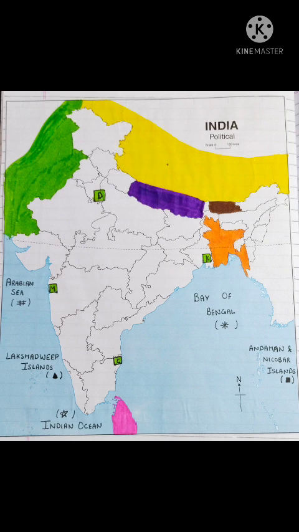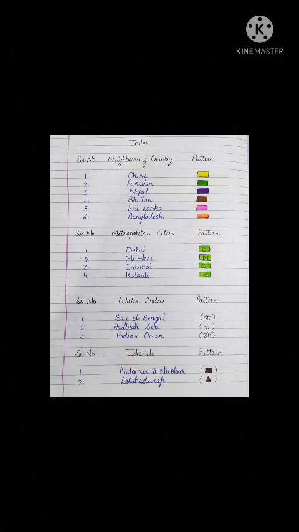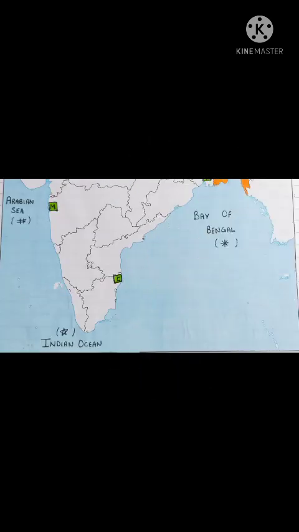Now let's learn about the water bodies surrounding India. For these also we will make the same index with the 3 columns: serial number, water bodies and pattern. Now let's start with the first, Bay of Bengal. On the map you can see the southern part of India is surrounded by water bodies. The water body on the right hand side is the Bay of Bengal, and I have marked it with an